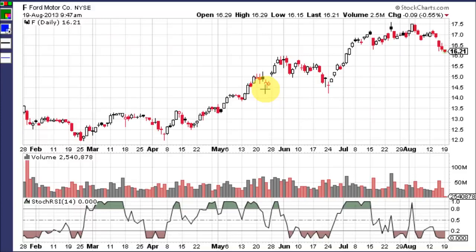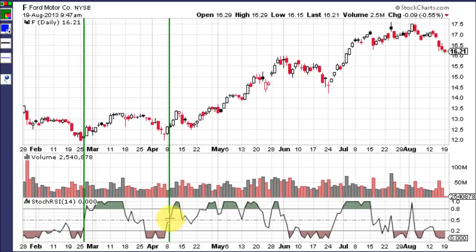Now let's look at the buy signals Stoch RSI has given on this chart. Remember, anything below 0.5 is bearish. So any crossover above 0.5, like right here, is bullish, and the stock goes up. Here's another one. It becomes very oversold after this pullback. Nice reversal candle, good volume at the bottom, and it runs for 3 days. The buy signal comes right here when it crosses up through 0.5, and that was right before the stock ran